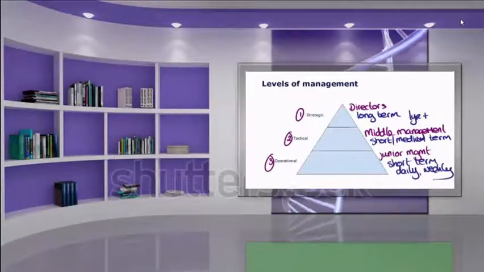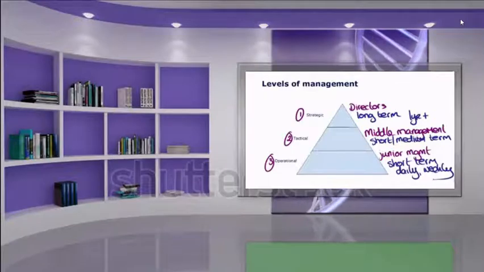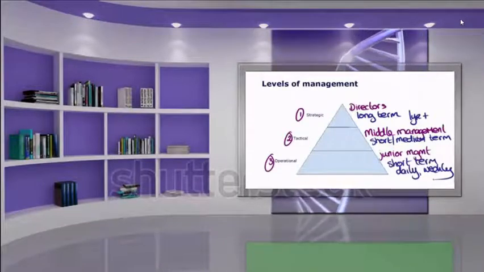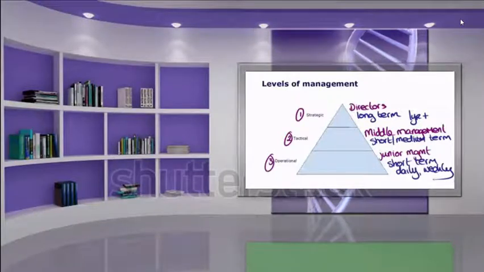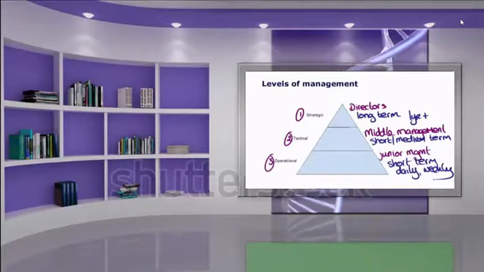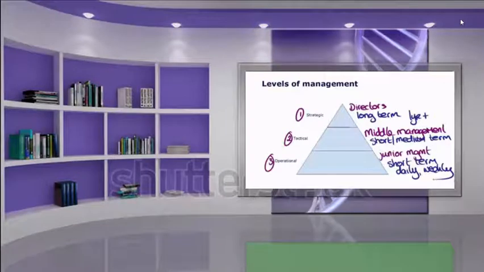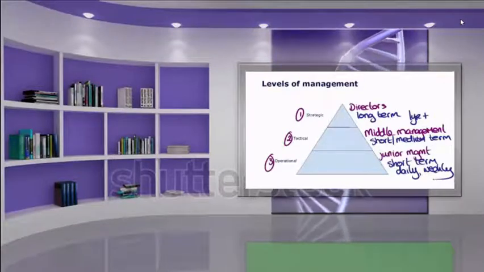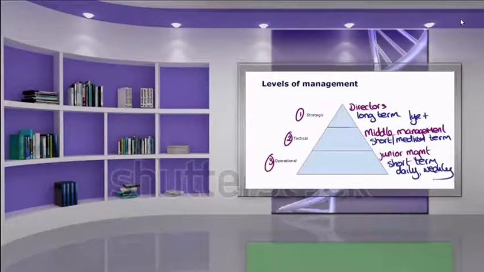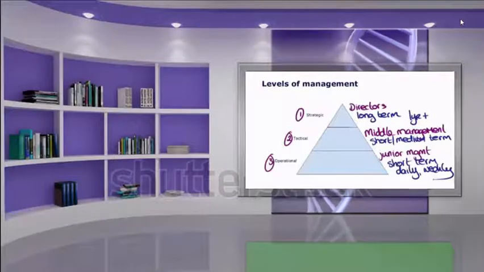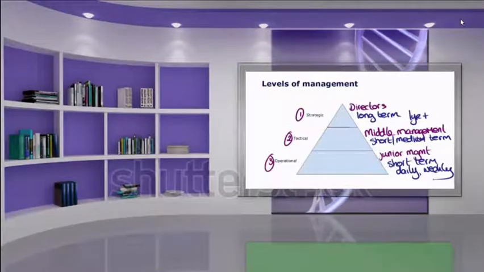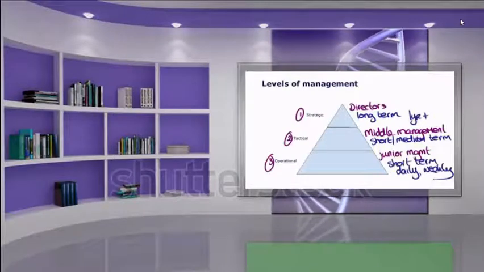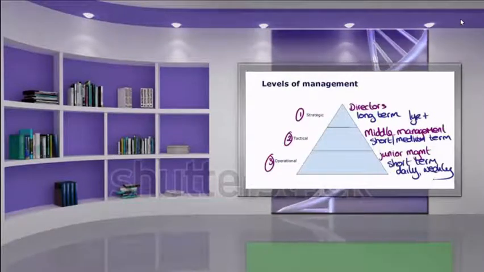Okay, so we've looked at our management activities and the different layers of management within an organisation. The final thing we're going to look at in this session is organisations themselves and how companies can be divided up in order to provide better control over the organisation as a whole. Let's consider the following example.